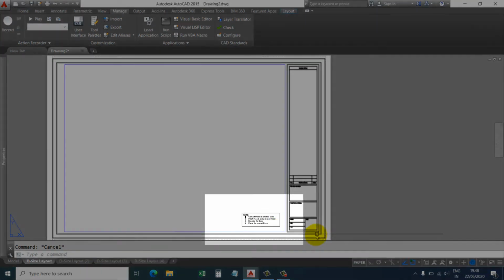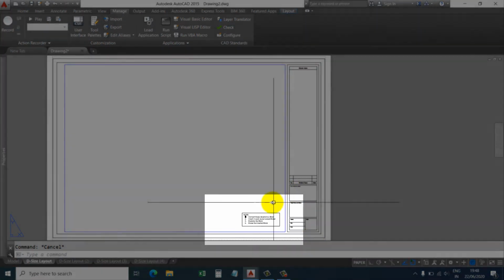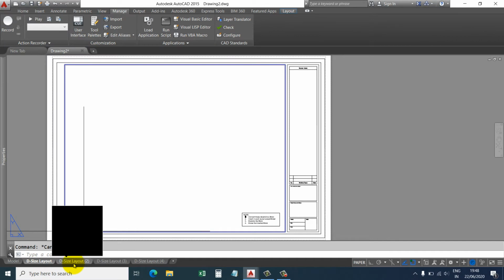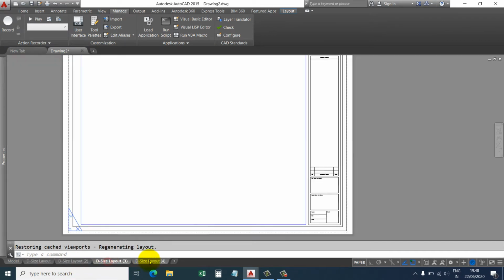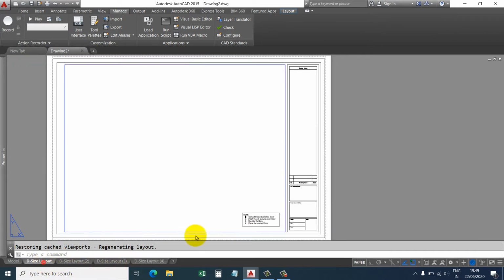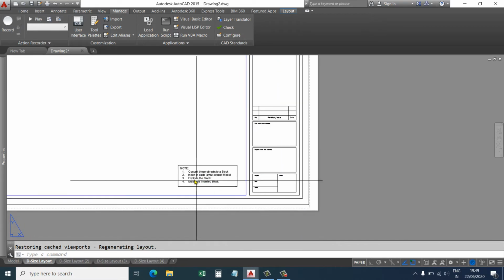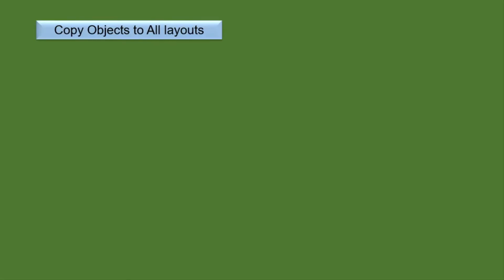We have a layout with a note here, and there are another 3 additional layouts without notes added. So we will copy the notes into all other layouts without switching to each layout and copy-pasting the notes. Here in this case we use only 2 functions.